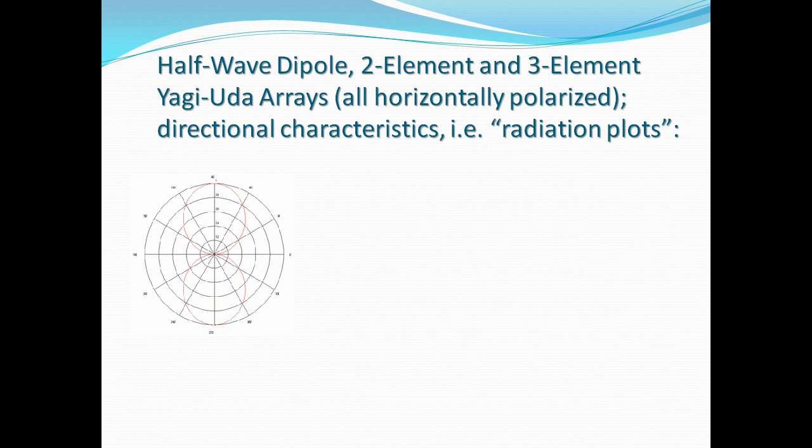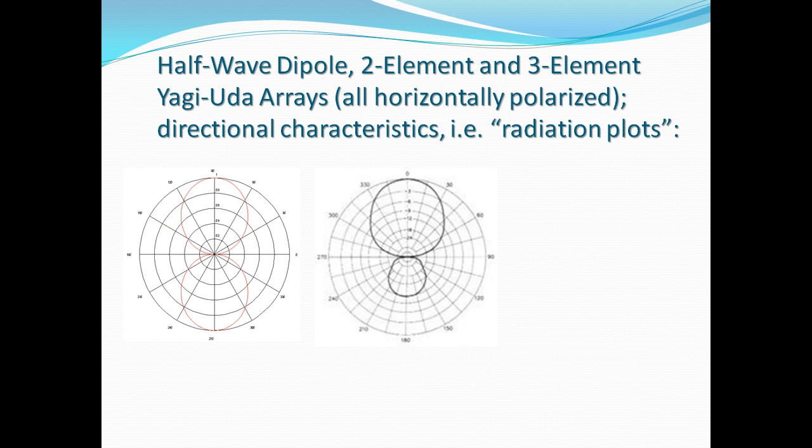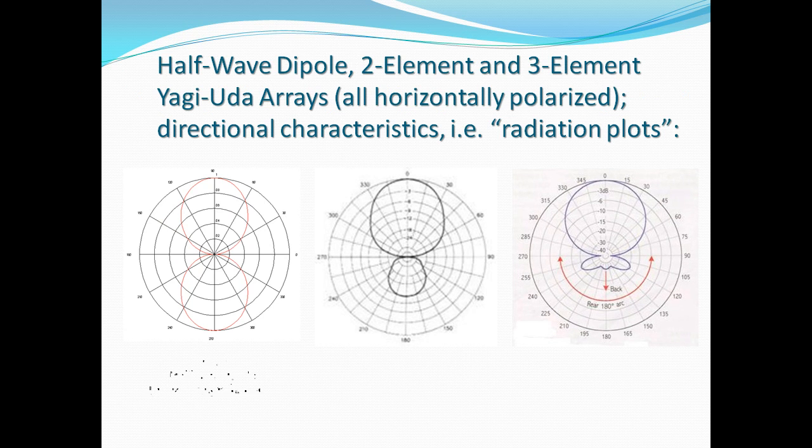Half-wave dipole, 2-element and 3-element Yagi-Uda arrays, all horizontally polarized. Directional characteristics, i.e. radiation plots. Figure 4 shows the radiation plot for a horizontally polarized half-wave dipole. If it was vertically polarized, the dipole in question would be essentially an omnidirectional antenna. Figure 5 shows the polar plot for a 2-element Yagi aerial for a VHF frequency allocation. Note the decreased size of the rear lobe and